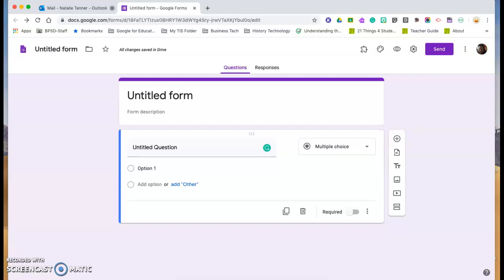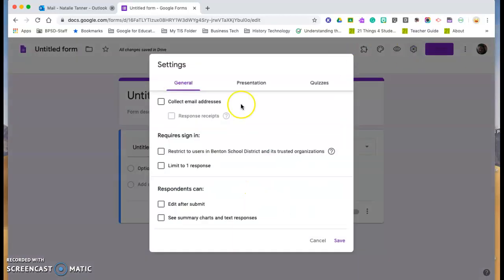your form. First, we need to go up here to the gear and change a few settings. So we're going to click that. This one may be checked by default on yours. If it is, you need to deselect it, just like what you see here with mine. That way, parents who are outside of our organization or who do not have a bentonschools.org email address can respond